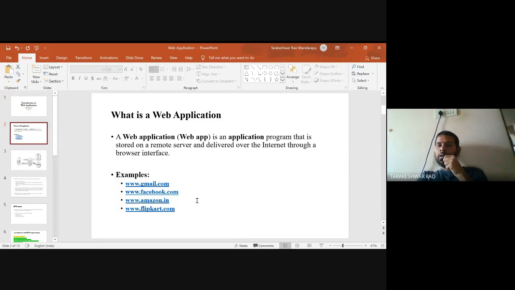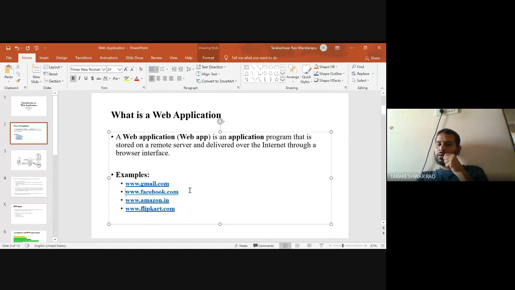Facebook that you use on your mobile device is also an example of a web application. You can also use Facebook through a browser on your personal computer, either a laptop or a desktop computer. You type the address for Facebook, www.facebook.com. To log into your Gmail account, you use its URL. So these are all URLs, right?